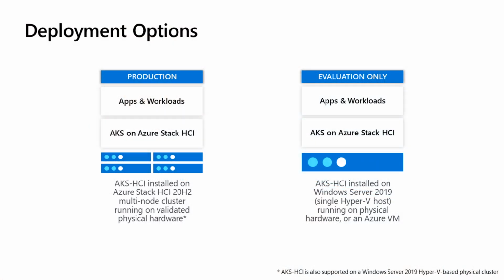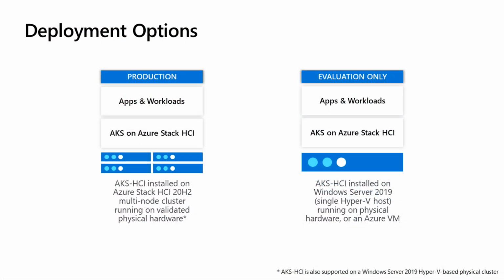So on the left, we've got our primary deployment option. For production environments, that's running the new Azure Stack HCI 20H2 operating system on the metal. And if you're not familiar, Azure Stack HCI 20H2 is a hyper-converged infrastructure cluster solution that hosts both traditional virtualized Windows and Linux workloads in a hybrid on-prem environment, and is the future of infrastructure investments in compute, storage, and networking on-prem. Plus, it's also available as a subscription, so it fits with your cloud billing approach. And Azure Stack HCI is also a great place to run AKS HCI, and that combination is our primary option for a bottom-to-top supported configuration in production.